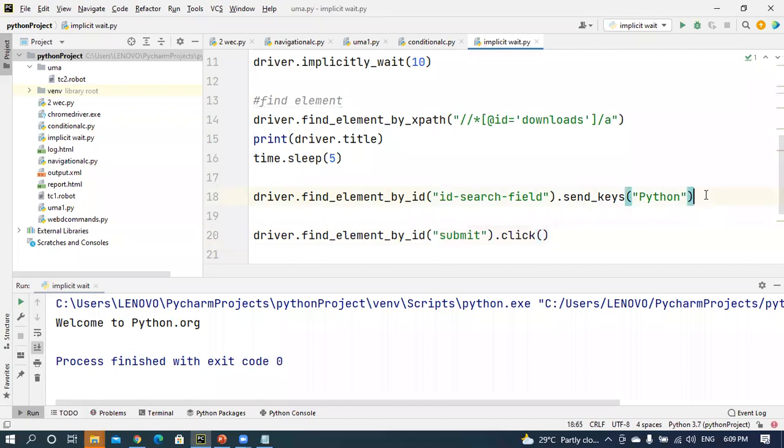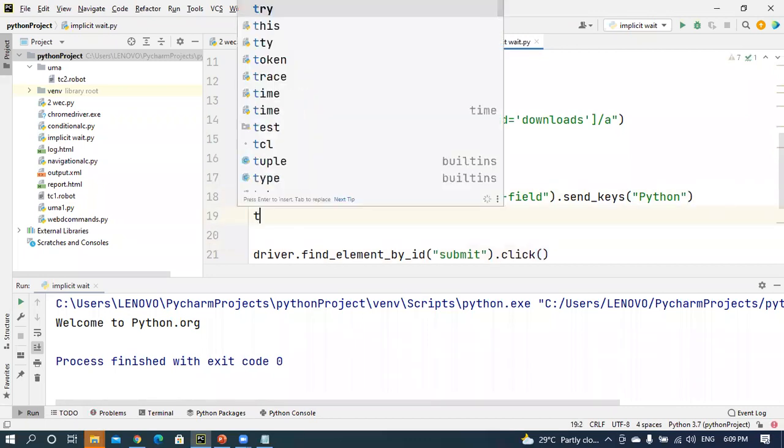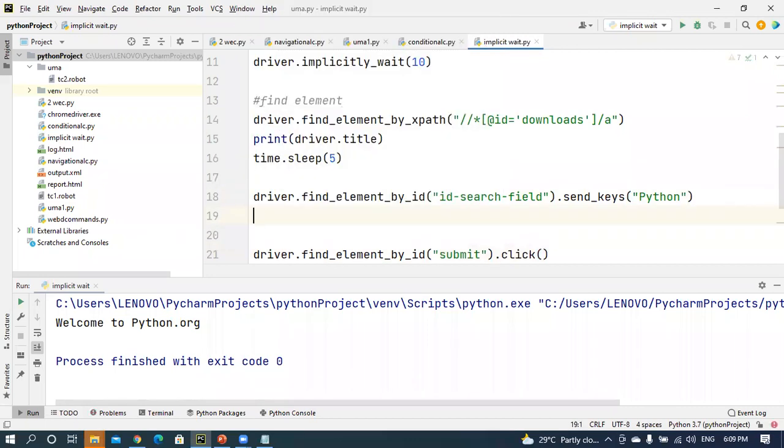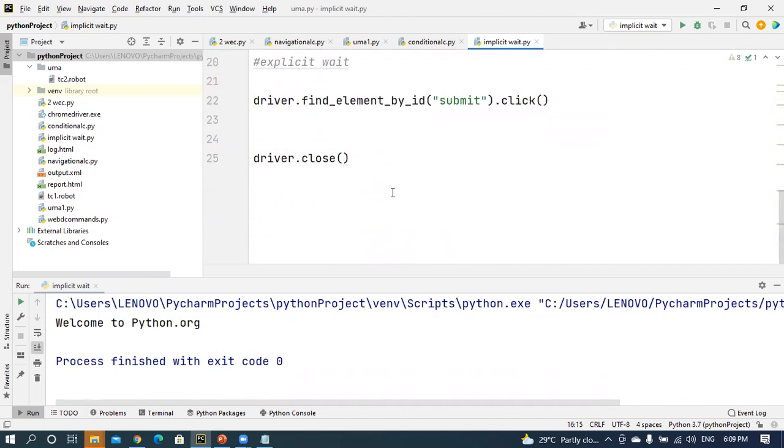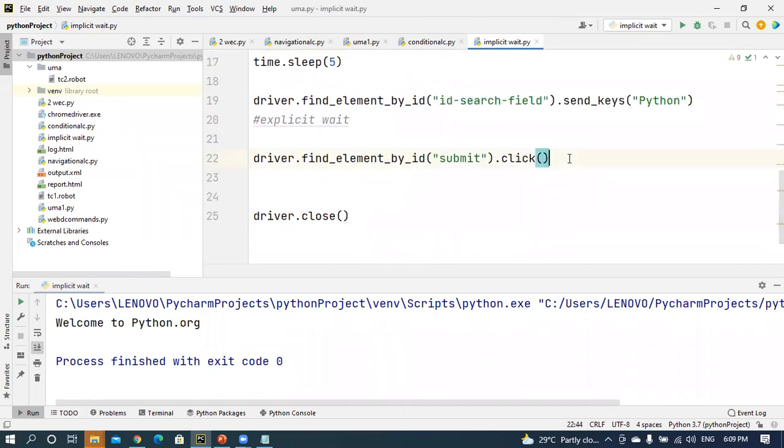For each and every element, I'm applying the explicit wait. Here I'm applying the explicit wait method. Here also I'm applying it.